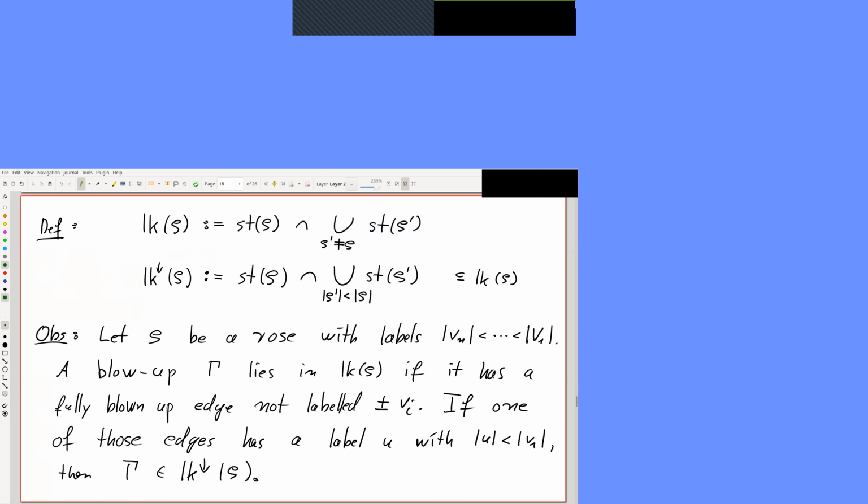Kai-Uwe? Yeah. That's not a normal definition of a star, right? No, that's totally not a normal definition of a star. But so you want to say this is the same as if you did use the normal definition of a link? No, I don't want to say that. That's just what we,